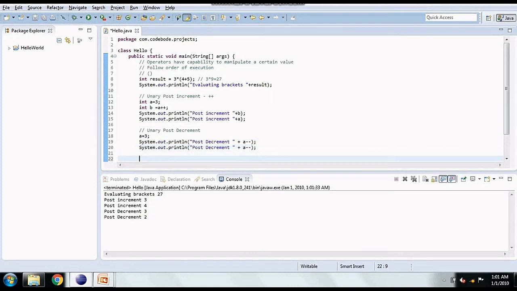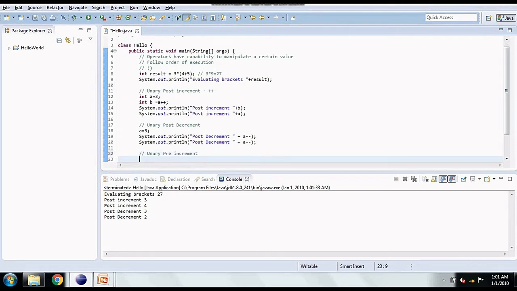After this, next preference goes to unary pre-increment. As the name suggests, it is opposite to post increment. Here the value is incremented first and then printed. Let's see.